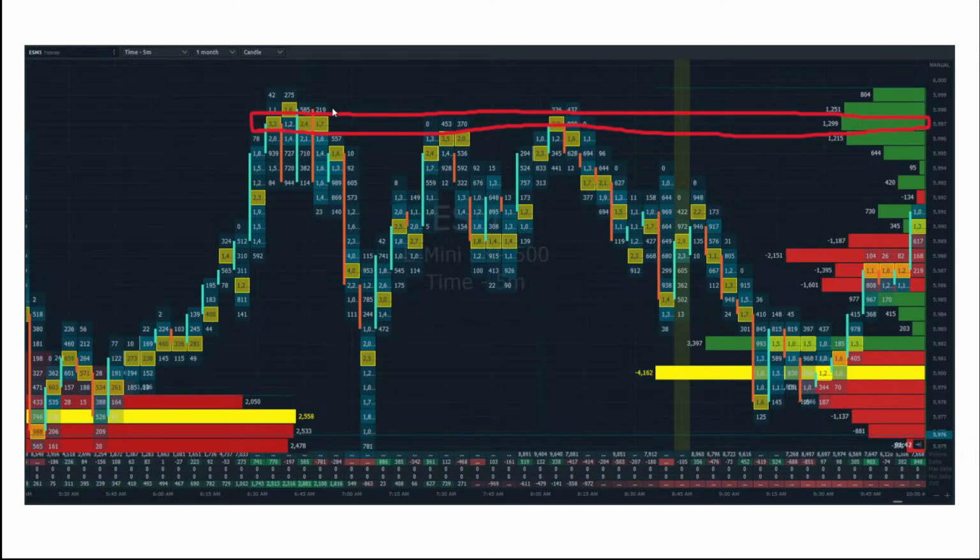So this was our key level here. Price moved pretty far away from it. We came back up to it and rejected down to here. And I want you guys to recognize,